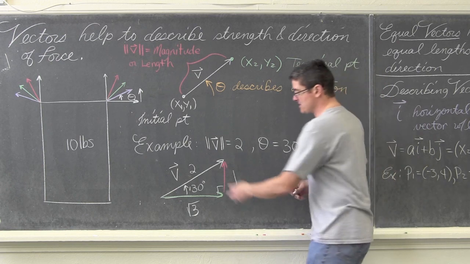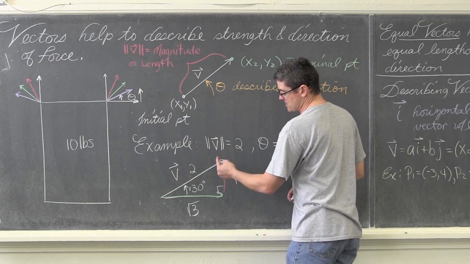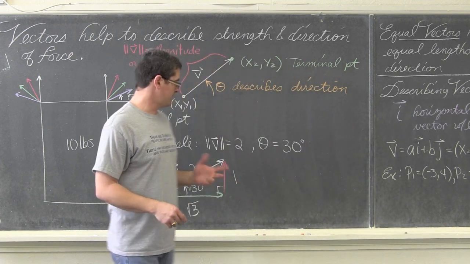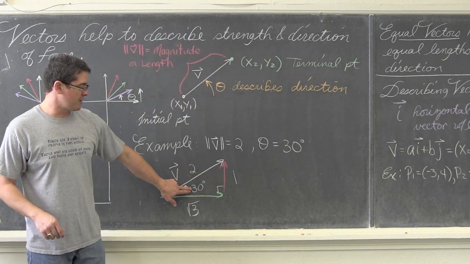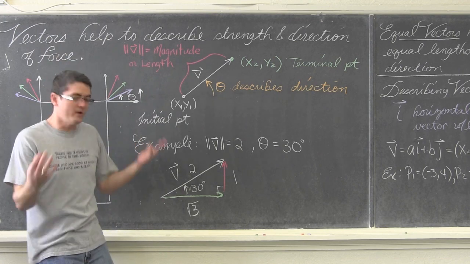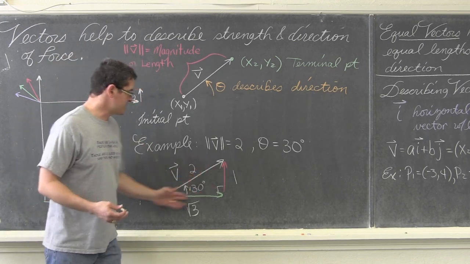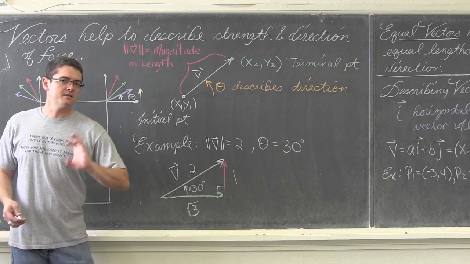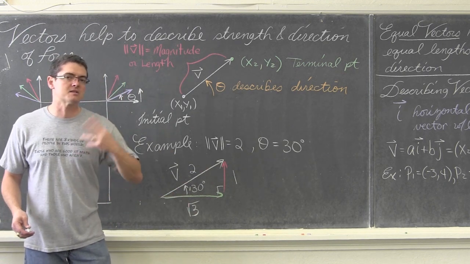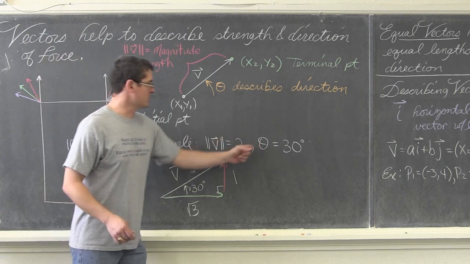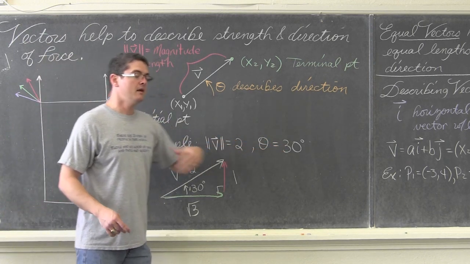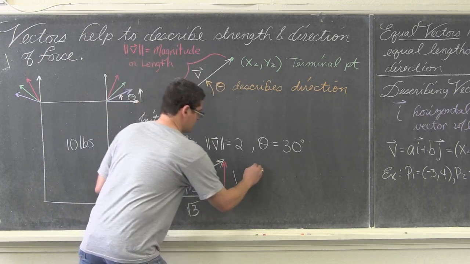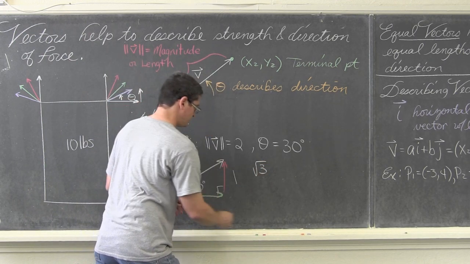So either you remember that a 60-30 triangle has the sides in the ratios of 1, 2, square root of 3, or if you maybe have forgotten that, since this angle is off of the unit circle, we came up with it another way. But at any rate, for a 60-30 triangle, our sides are 1, 2, square root of 3. And I did kind of hint as to what's coming by talking about sine and cosine. So this vector with this magnitude and this direction can be described in two ways. It could be described as square root of 3